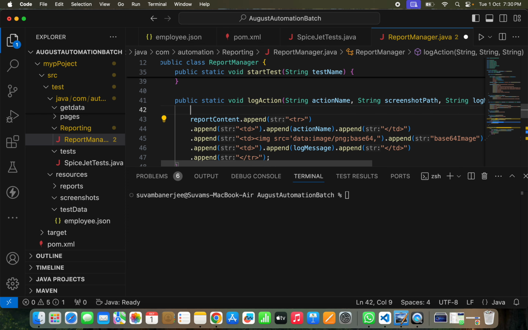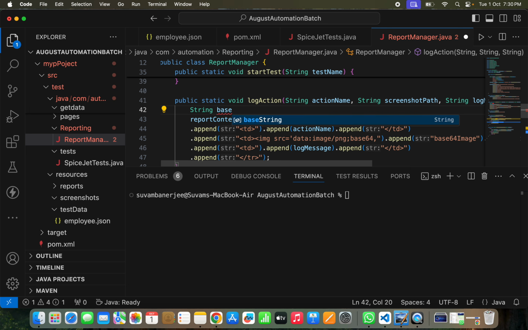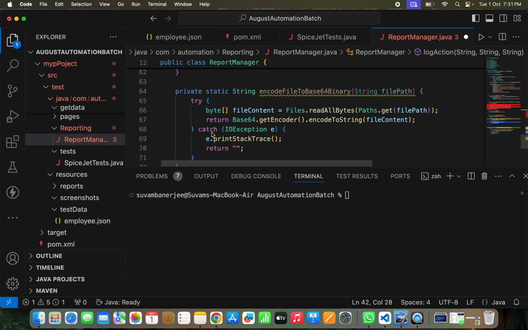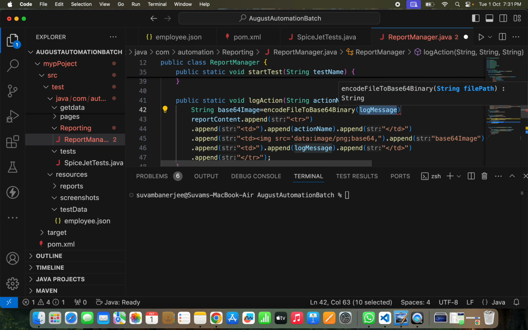In log action, we'll call it, let's say, string base 64 image equal to encode file to binary, and this should be